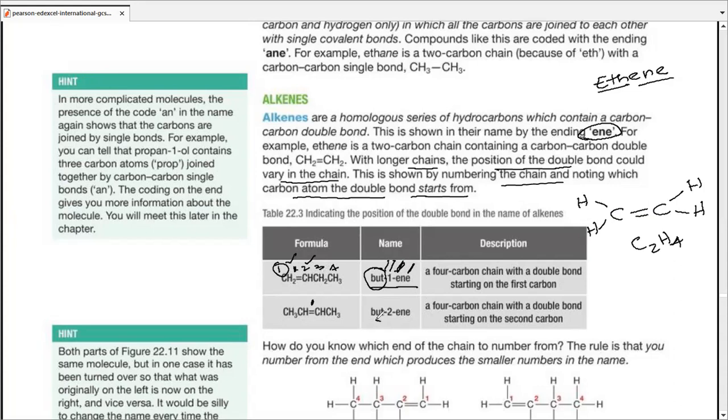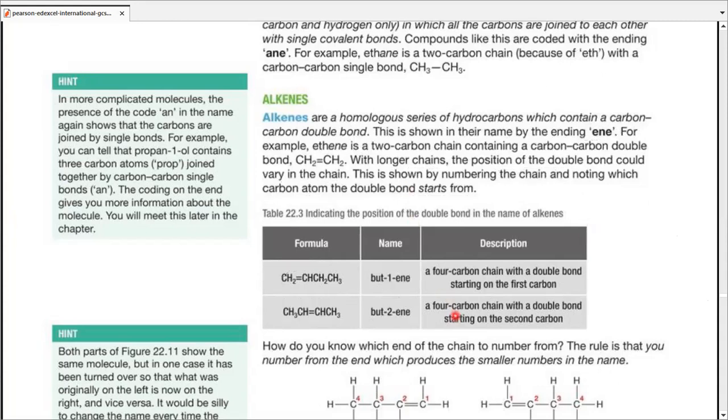However, if we change the name simply to but-2-ene, this gives you a pretty good idea. The number of carbon atoms and the double bond remains the same. However, 2 represents where the double bond is located. And of course, 1, 2, 3, 4. It does not matter if you start numbering from this side, 1, 2, 3, 4. Get the point? The same numbering is shown over here for both the compounds,